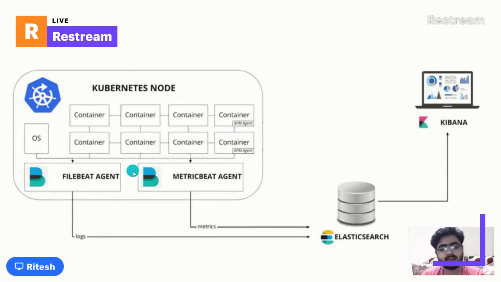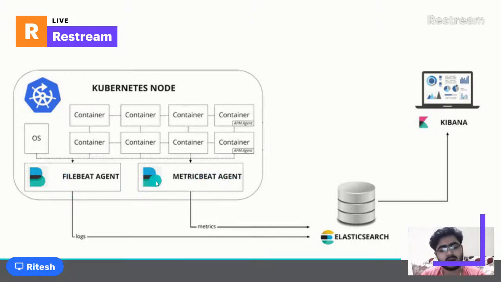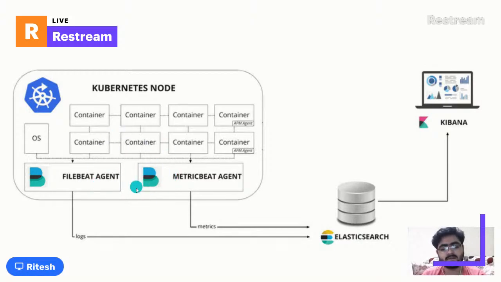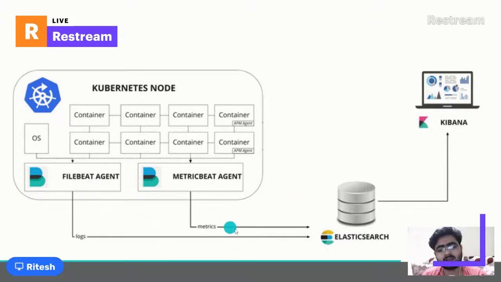So we can get the container metrics using the Metricbeat agent. These two are among the most popular Beats when we are building any monitoring system. We will deploy both Beats inside our Kubernetes cluster, and they will pull the metrics and the logs automatically. Then these metrics and logs are sent to Elasticsearch, and we get beautiful visualization dashboards using